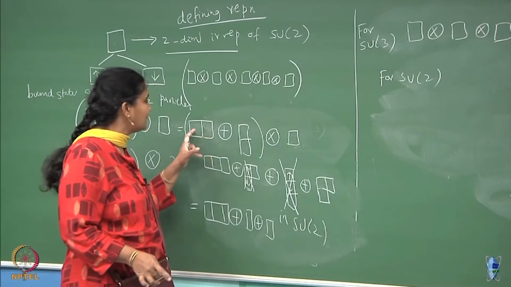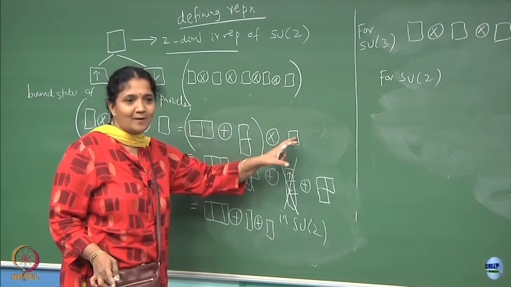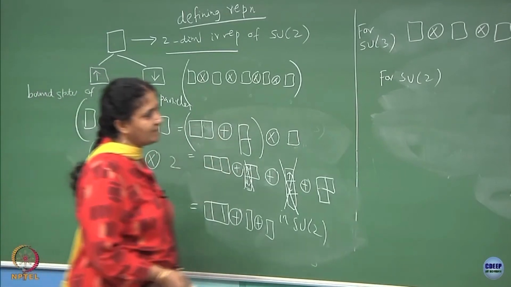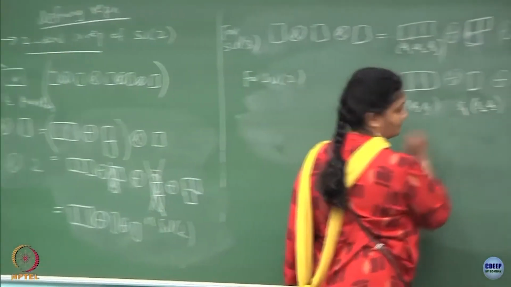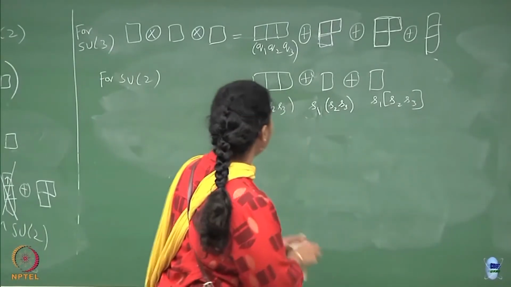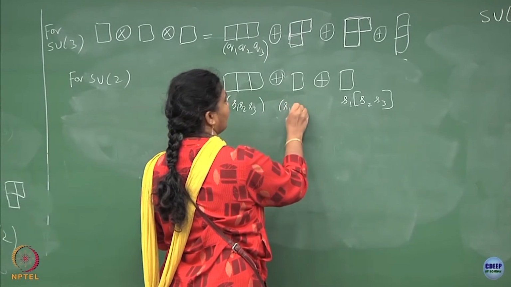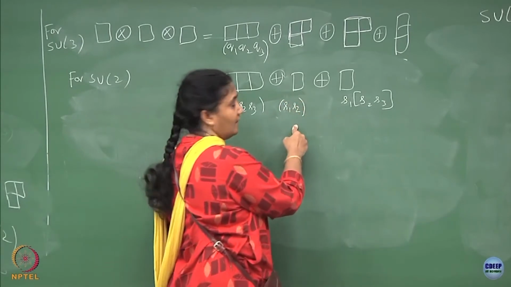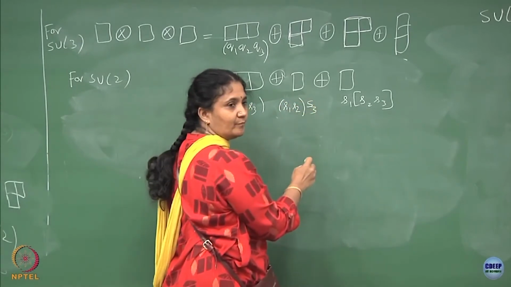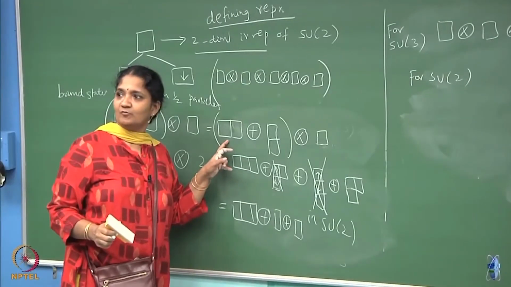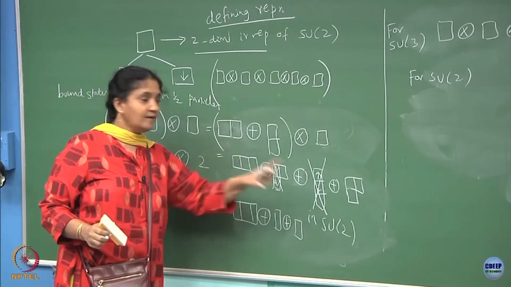I just call this as 2 and 3 and that one as 1, but it is because of the associative property. But technically you can call, if you want, maybe this is a better notation as far as the diagram is concerned. You have an S1, S3, S2 symmetric and then you add an S3. That is what you did here. S1 and S2 were symmetric and then you added an S3.